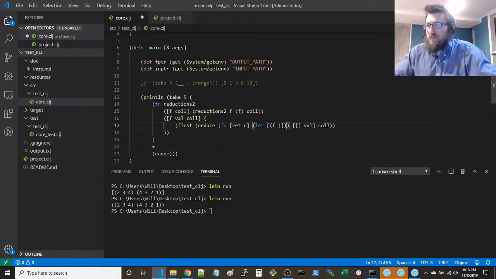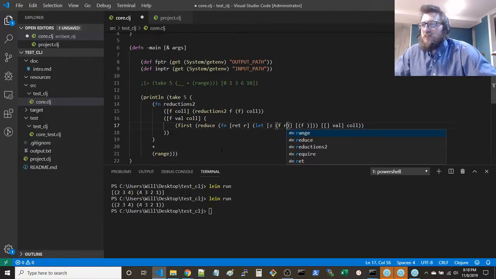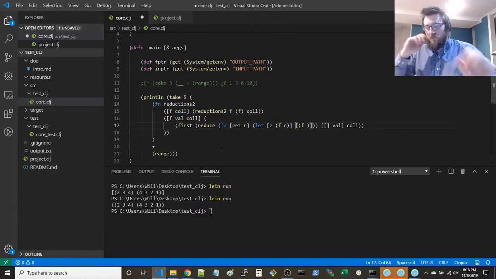So this is inside of a let, and in the let we're going to say result, or calculation, or I don't know, we could just call it z for lack of a better expression. So apply f to r. That gives you z. Now what we're going to return is,